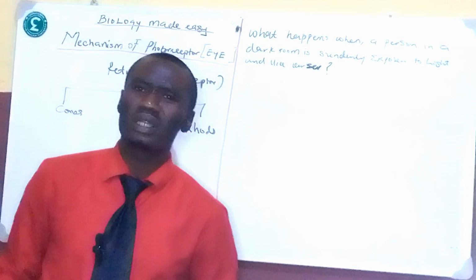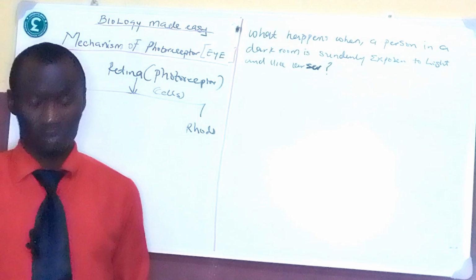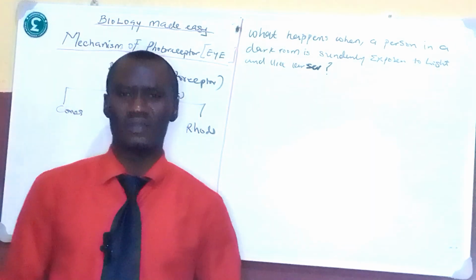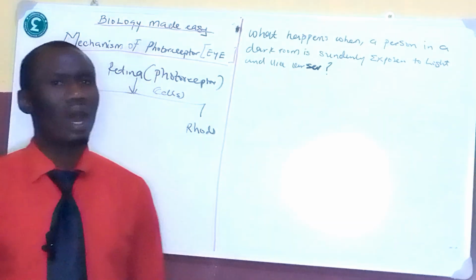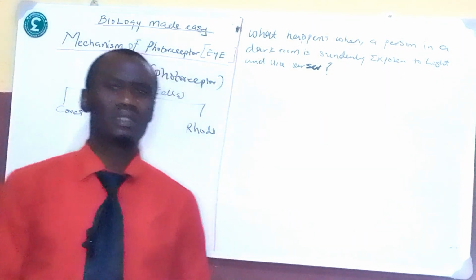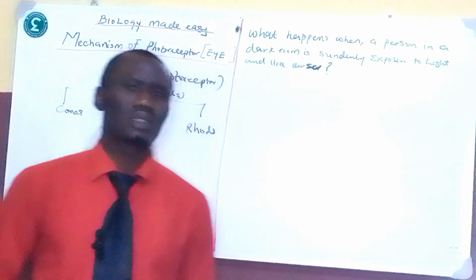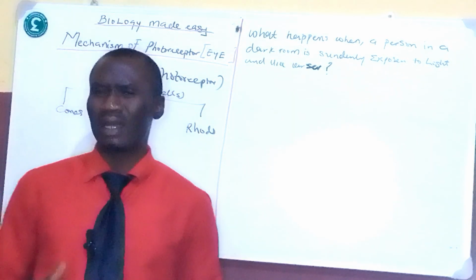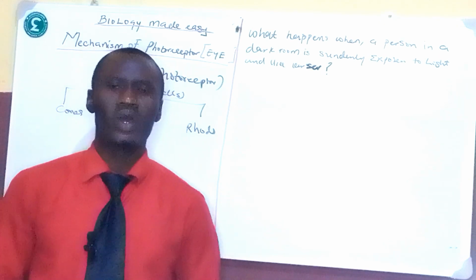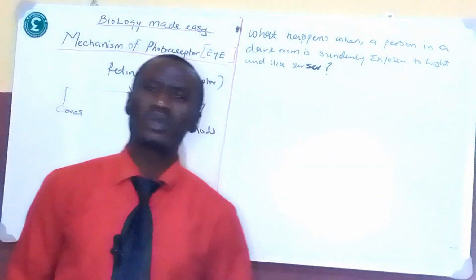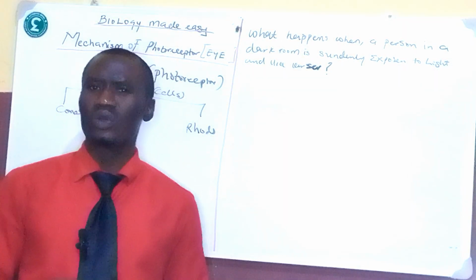Now, the rod is more sensitive than the cone, although the rod is only sensitive to dim light, that means black and white light. Meanwhile, the cone is sensitive to colored light. But the rod is what we need to adapt to visibility during the night hours or during darkness. Now, what happens is that the pigment of the rod, known as rhodopsin,